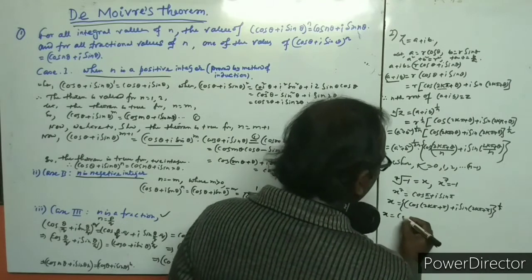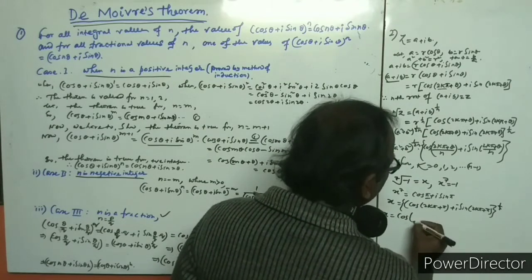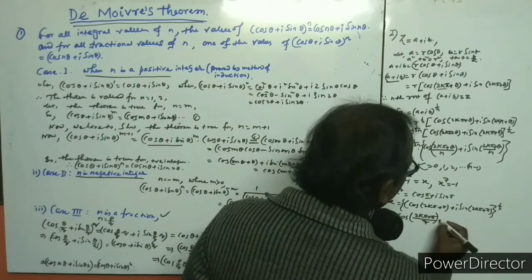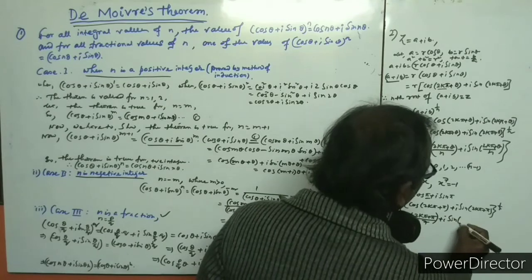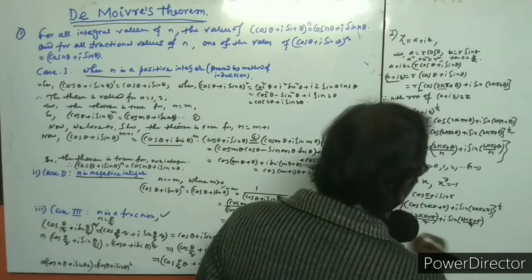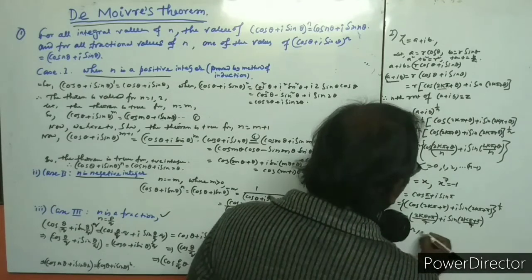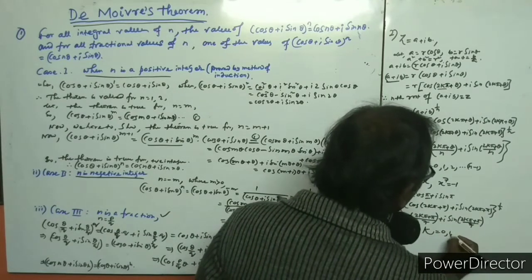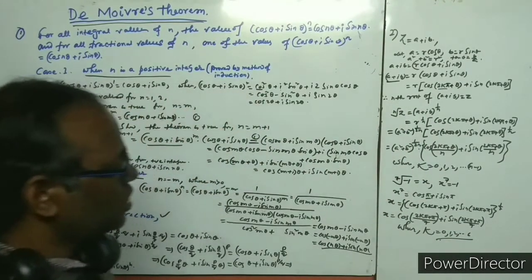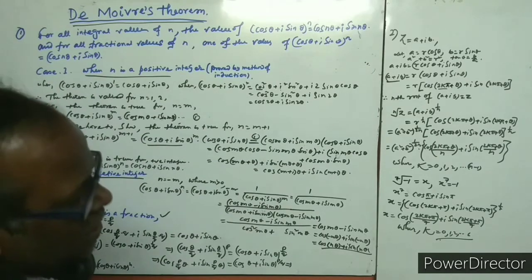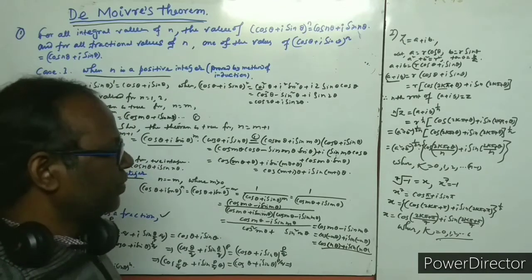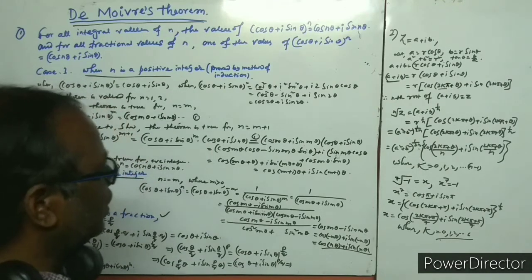So then x is equal to cos of (2k pi plus pi) by 7, plus i sine of (2k pi plus pi) by 7, where k is equal to 0, 1, 2, up to 6. These are the 7 solutions of this equation x to the 7 equal to minus 1, that is, the 7 roots of minus 1. Okay, these are the 7 roots or 7 zeros, you can say.